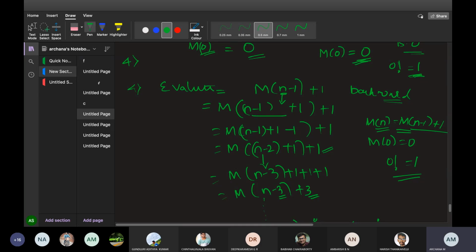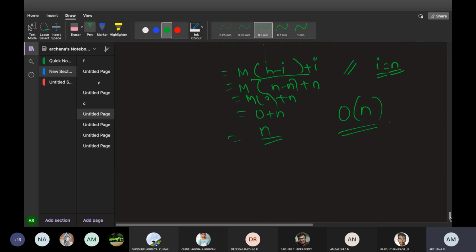This is the formula I have written. Call that formula again and again. Keep on calling the same formula again and again. Somewhere you will get some condition where you will reach the final n value. So this is the n minus I plus I I have written, and to stop this condition, I'll take I as n, so 0 plus n, finally I'll get n. This is how we need to initialize a value for recursion, that is, the factorial program.